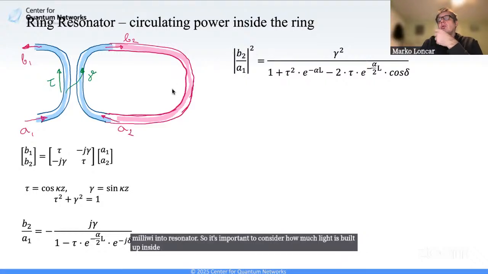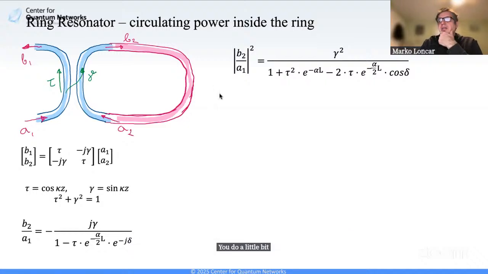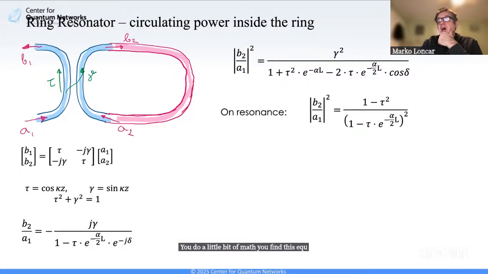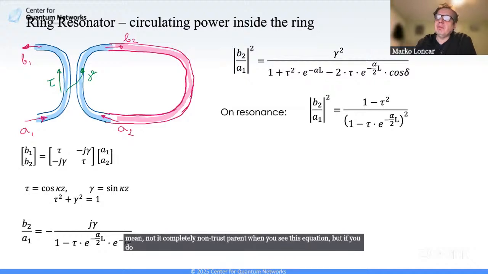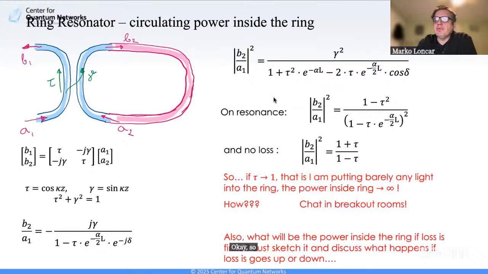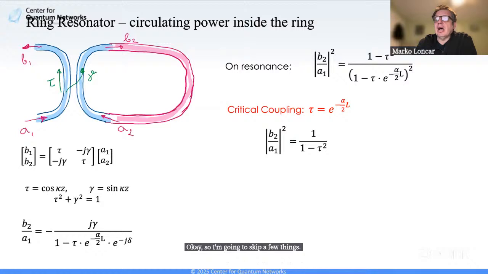For that, you can go back to your coupling matrix formalism. Basically, you see what B2 is as a function of A1. You do a little bit of math and you find this equation. It's not actually very hard. I mean, it's completely non-transparent when you see this equation, but if you do the math, I guarantee you in maybe half an hour you'll get there. It's very straightforward, but it is a little involved. Okay, so I'm going to skip a few things. It turns out in critical coupling,